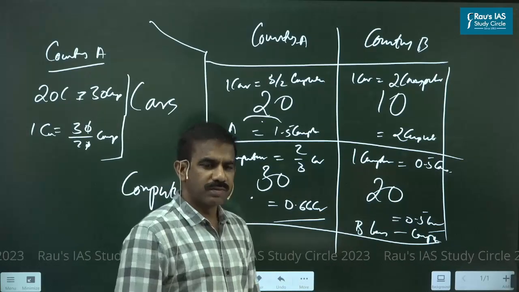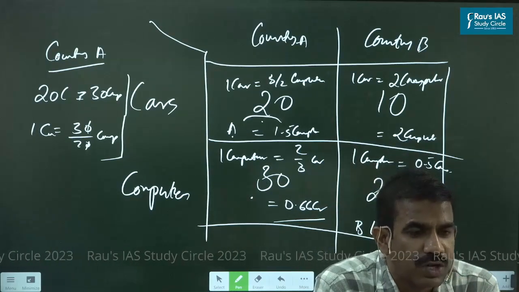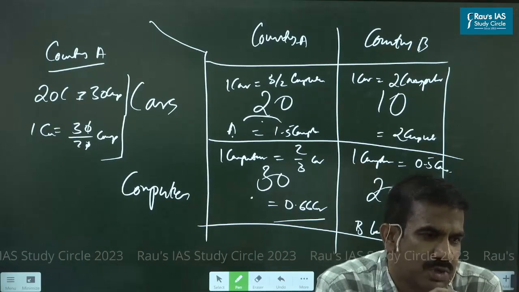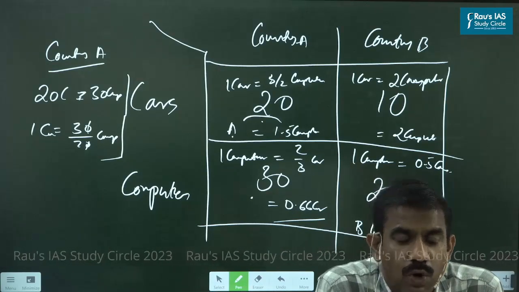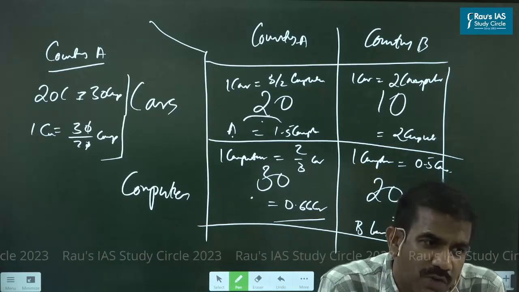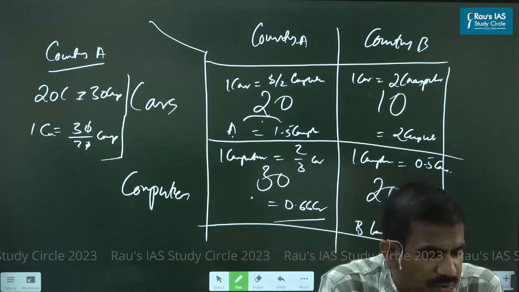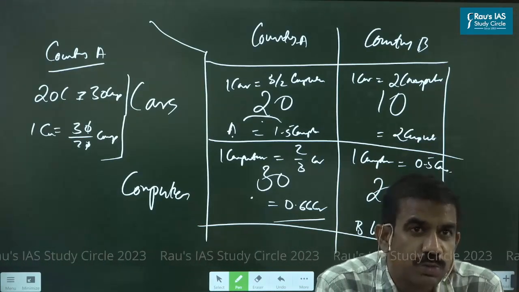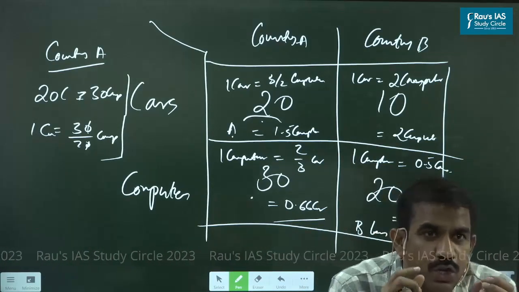Now you tell me, if the nations, rather than simply producing whatever they could, would like to come together, make a judgment: what should be produced by A and what should be produced by B? What should A produce and what do you think B should produce? Should A produce a combination of both and B produce a combination of both, or do you think both nations would benefit if they cooperate and coordinate, and A should specialize in production of X and B should specialize in production of Y? If that is the case, you let me know.